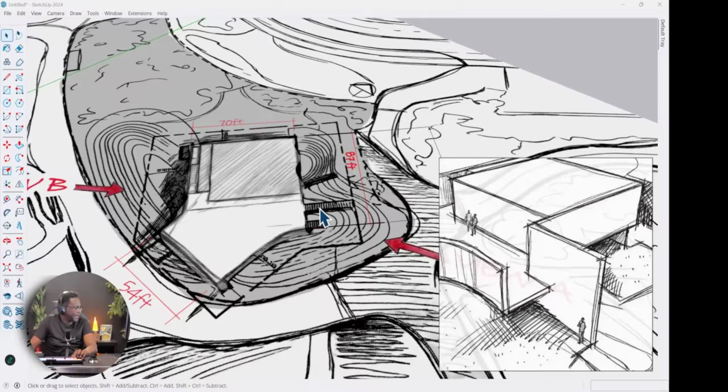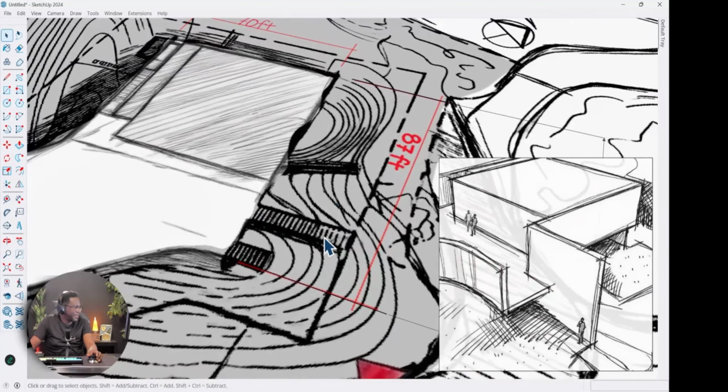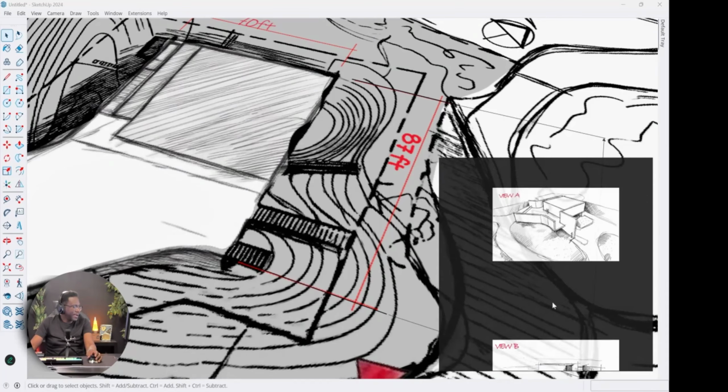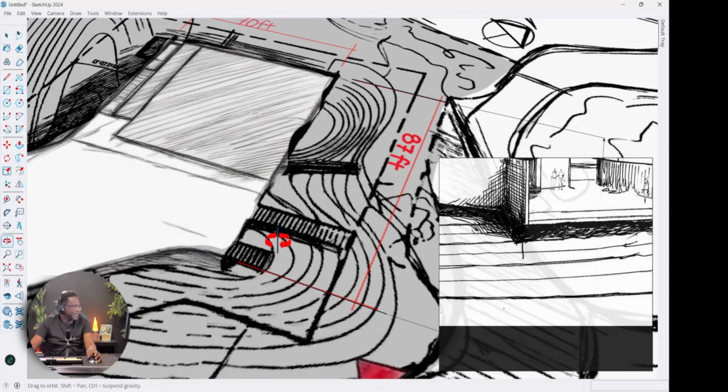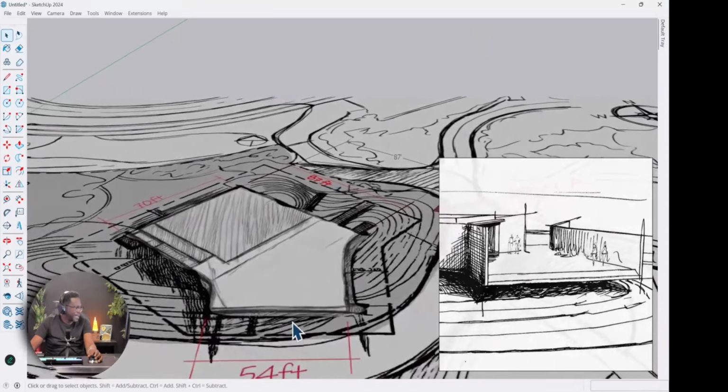You can kind of see that there's actually a height difference. And even if we look on that initial sketch, you can see that we have some steps here. So it's indicating that there are going to be maybe some steps like that, and then another set of steps maybe on this side, which is what we're seeing from this sketch, right? And if we look at this other sketch, this is from the other side, so now we're looking at this from this side.